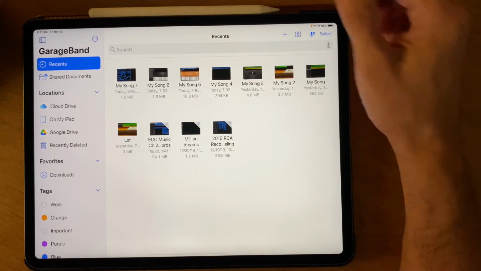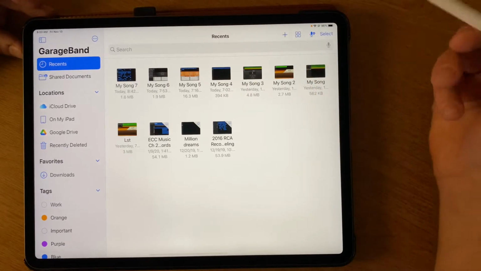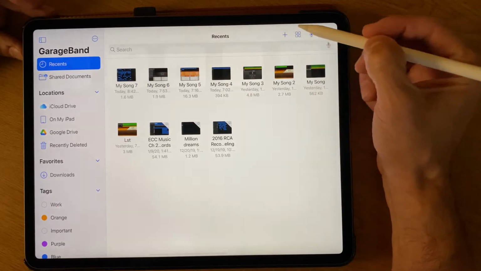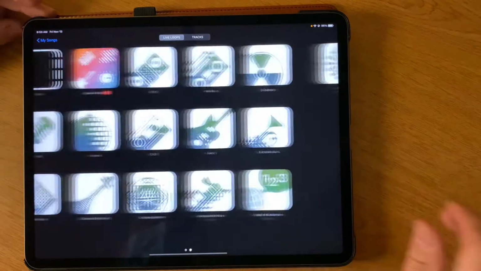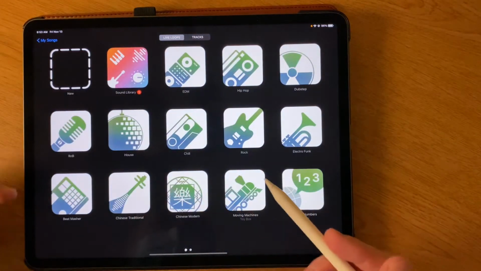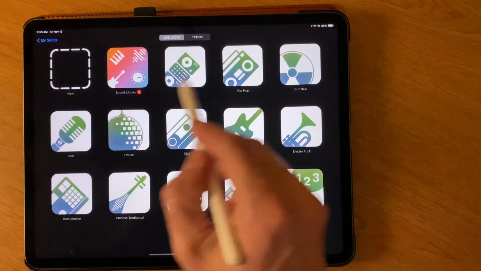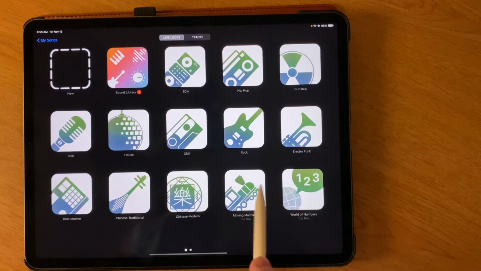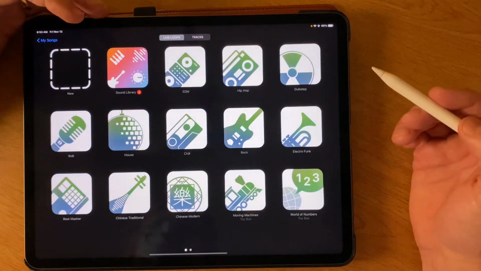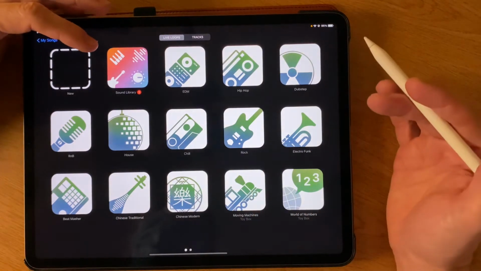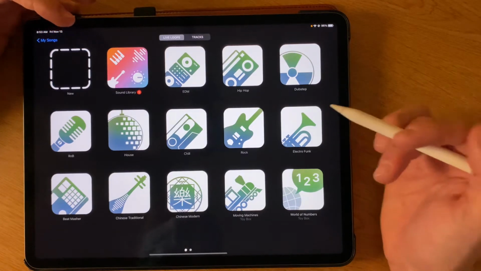Today we're doing our second lesson with GarageBand. Let's begin by clicking the plus in the corner. And yesterday we explored some of these live loop collections, just some of the basic ones that are available. Today I'm going to show you how to customize your loops, add some new ones, and improvise over the top